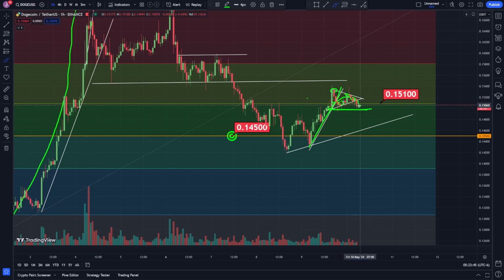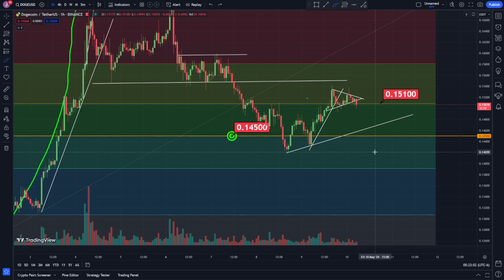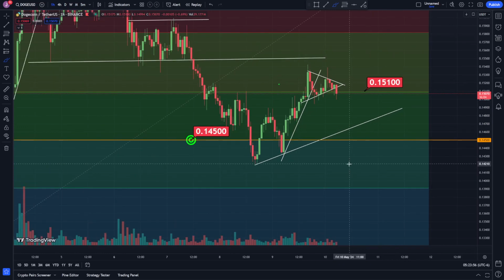.15070 pretty much going to the downside, and then I'll be a little bit more confident on this limit order down here at .145. The only thing that I'm not super confident about with the limit order is that we have support right here and support right here, giving me an uptrend like this. And as you can see right here, even if we came down